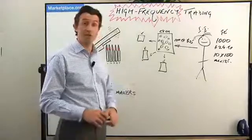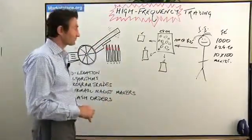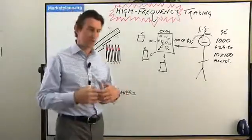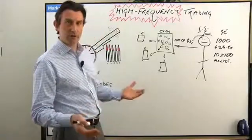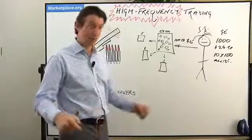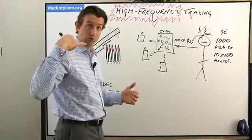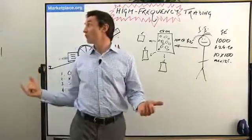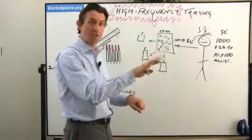But it looks like the exchanges are actually going to get in front of this move and get rid of it themselves. Just to give you a bit of background, a good way of thinking about this is the old days, when you had an exchange, people standing there in front of a computer, and the order would come in onto the floor. You had a bunch of specialists there on the floor. A specialist would pick up the phone, hear what the order was, 100 shares at 25 in GE. So he'd turn around and shout to the floor, 100 shares at 25 in GE, and then he'd enter it into the computer so it goes wide. So obviously